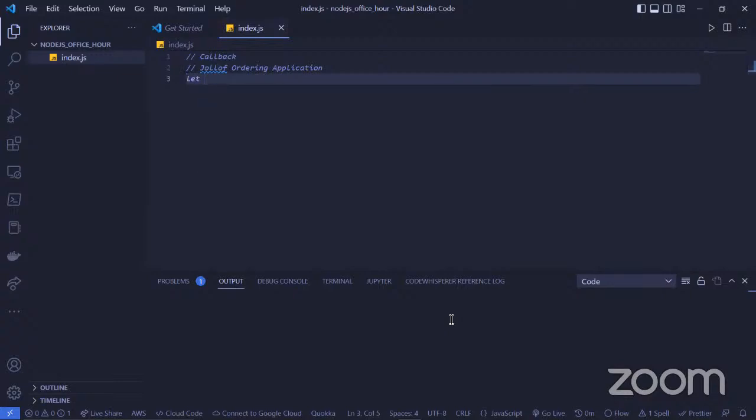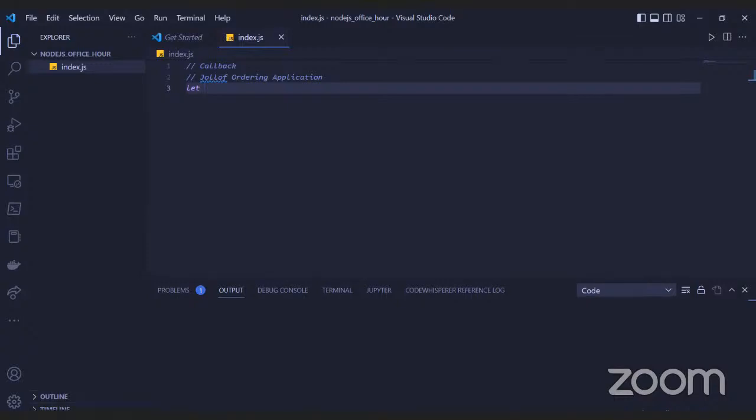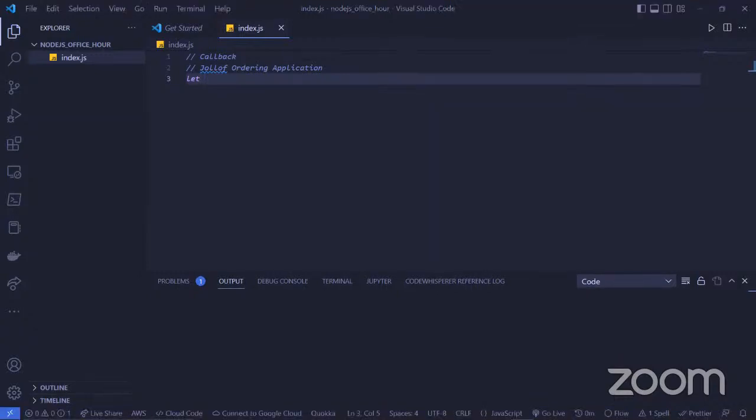Callbacks are usually called callback functions. They are functions that are used as parameters for other functions, to perform a particular task.